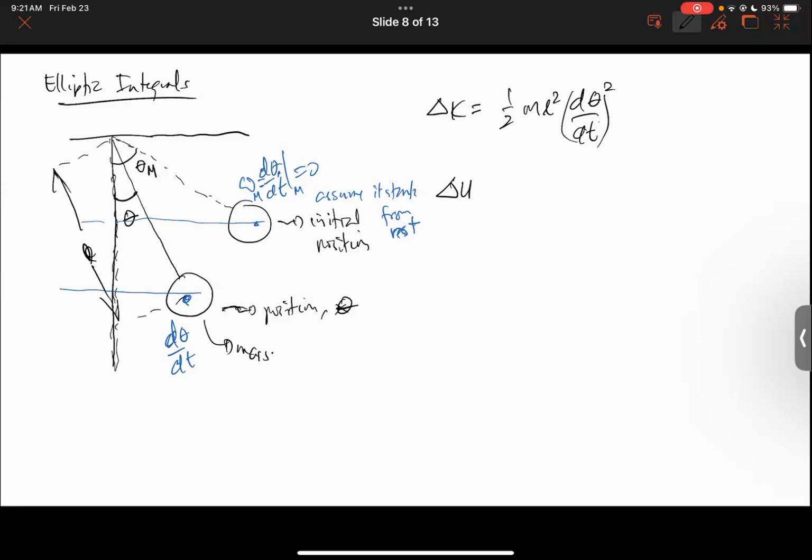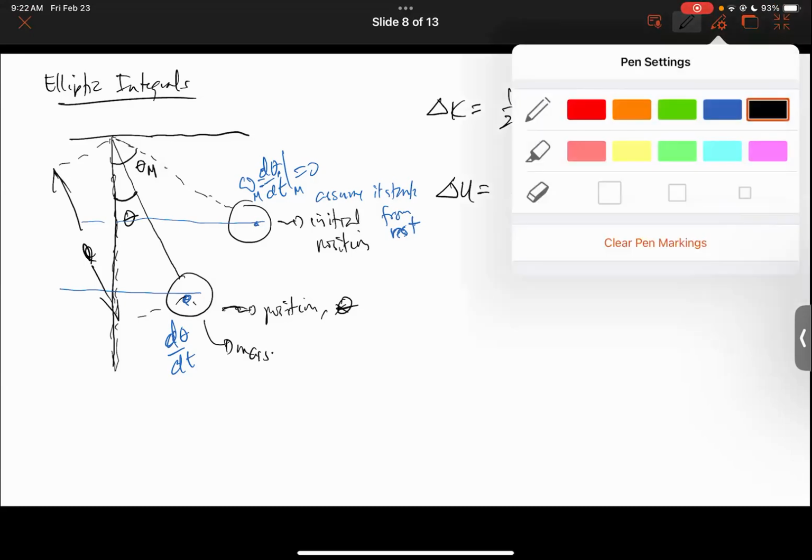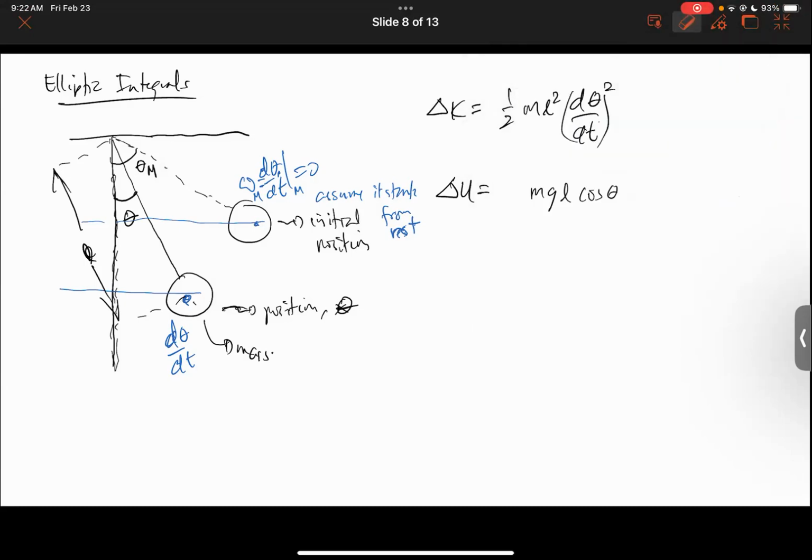Now, what about the potential energy? Since it comes from here, we write that down: minus mgl cosine theta. That's its final position, right? Okay, mgl cosine theta. Actually, it's not minus yet: mgl cosine theta. Then we subtract the potential energy at this position, which is mgl cosine theta m. Okay, and from conservation of energy,